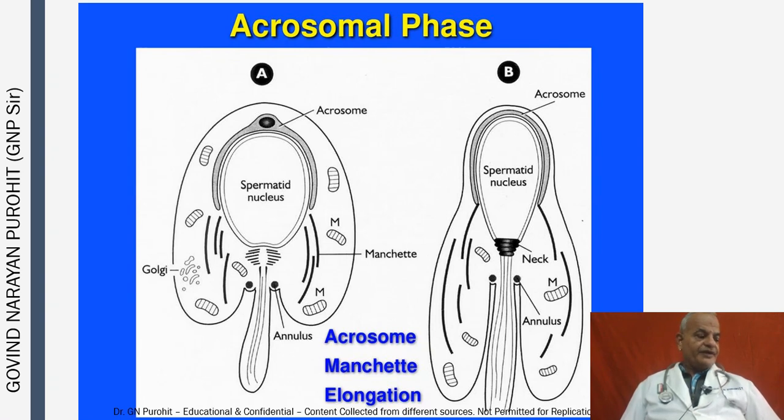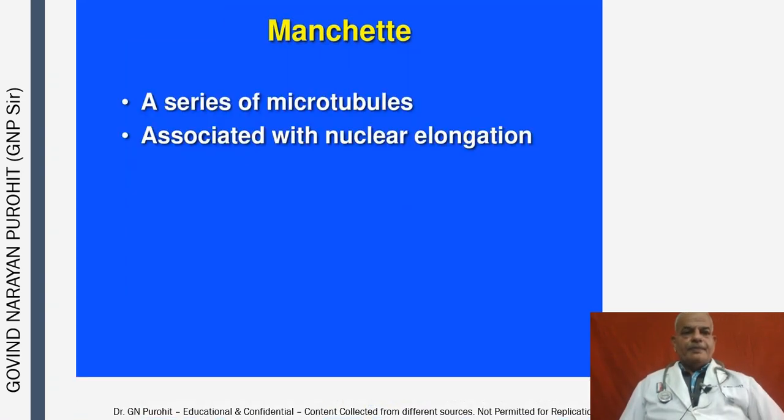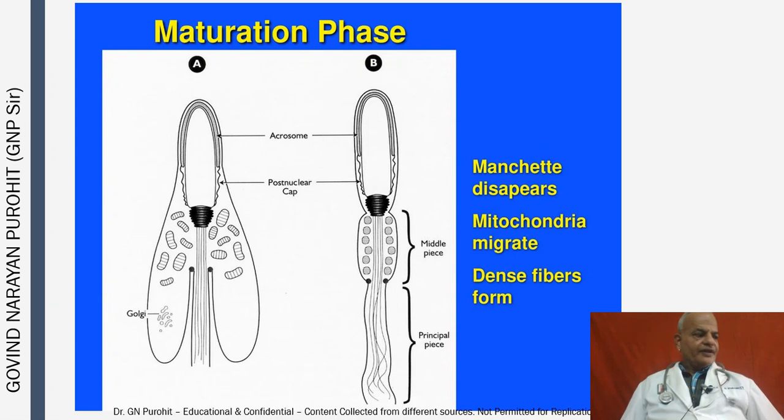During the acrosome phase, spermatids become deeply embedded in Sertoli cells with their tails protruding towards the lumen of the seminiferous tubule. The acrosome development continues and the flagellum elongates. The manchette is a series of microtubules associated with nuclear elongation. Then there is the maturation phase. The manchette migrates towards the tail